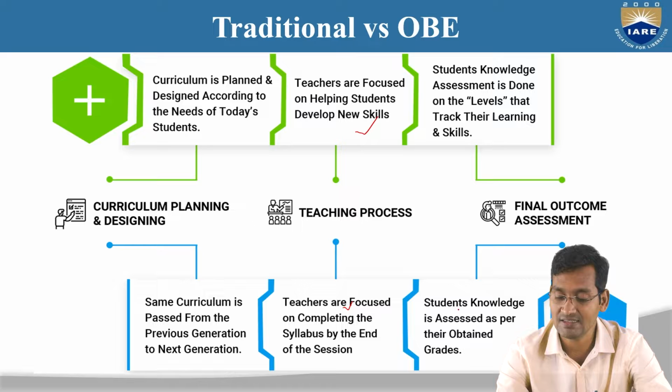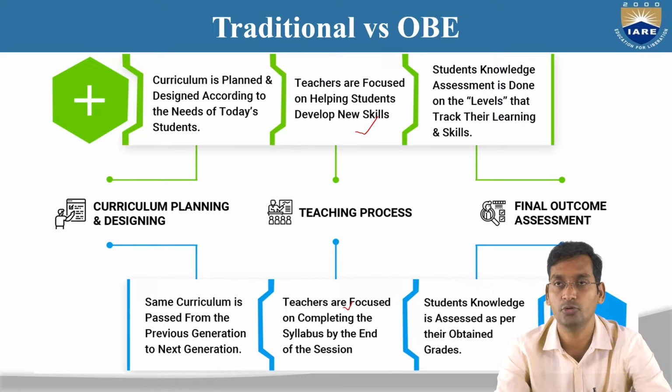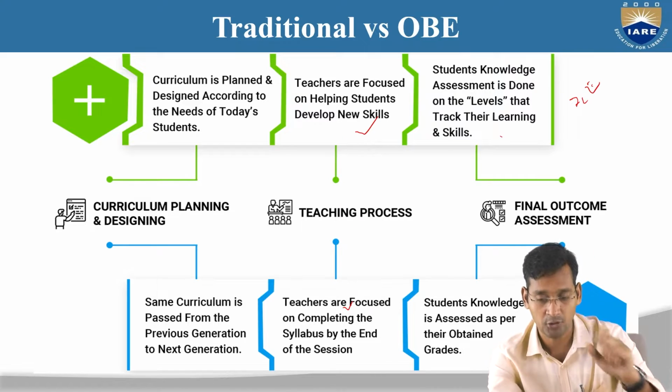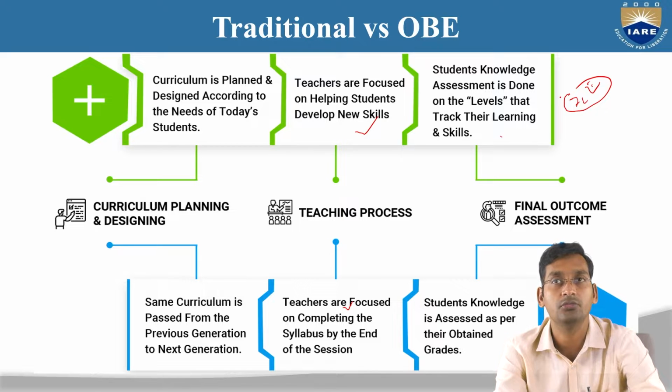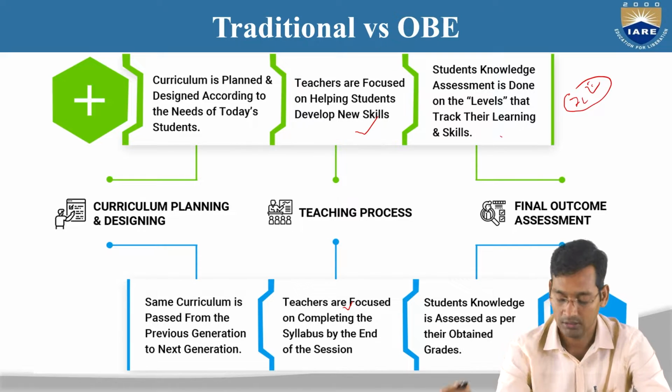Next, student knowledge is assessed as per their obtained grade. If suppose they got 8 CGPA, it means okay, the student has only 80%, or 8 CGPA, of knowledge, right? But here that is not the case. Suppose you have 7 CGPA and you did some good work like a project or a prototype, or any other things, then you are more intelligent than the 8 CGPA student. So in this case, not only grading, the other extra skills can also be determined or gained.